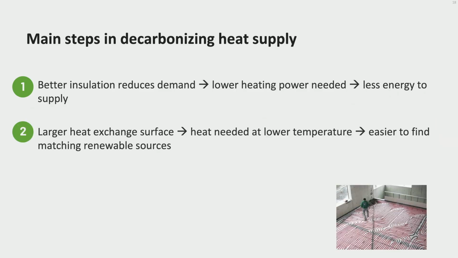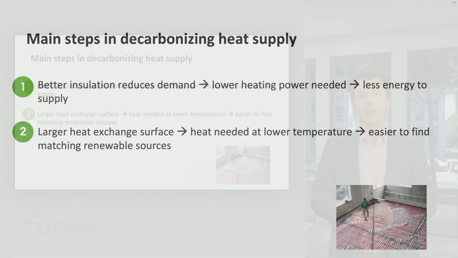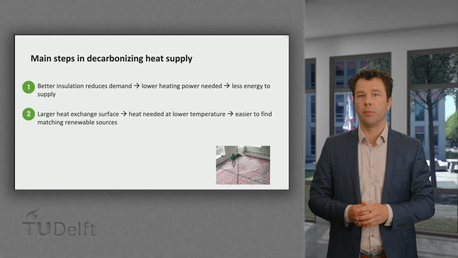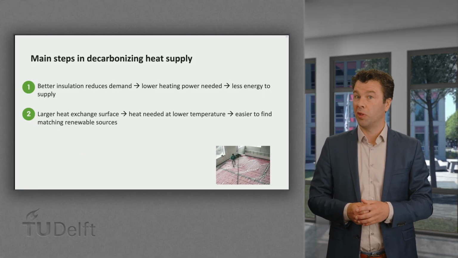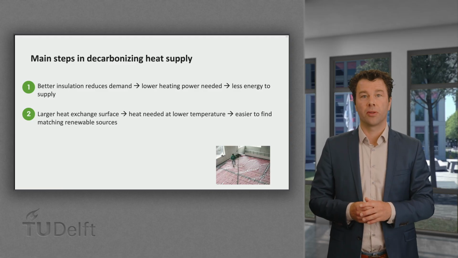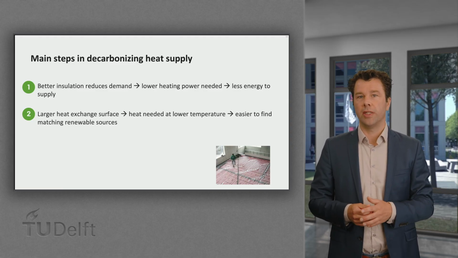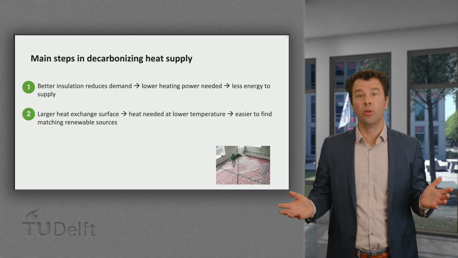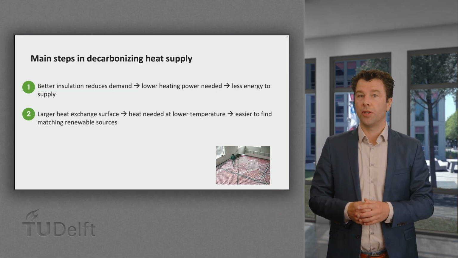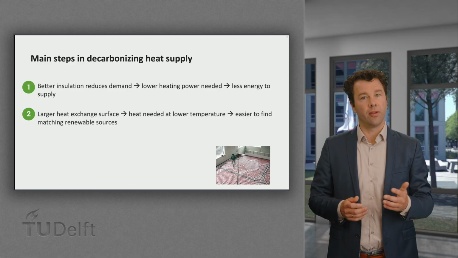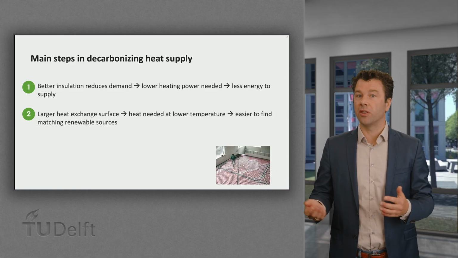Second is to increase exchange surface area, for example within the walls and floors of the buildings. This will help us to find sources of heat that fit the temperature level of the process we need to heat or cool. An additional benefit of using building mass is to create flexibility. The building mass won't change in temperature quickly. Also, this type of heat transfer is more comfortable as heat is released evenly distributed around the room rather than at a specific location at a very high temperature, being dependent on free convection by air to heat up the entire room.